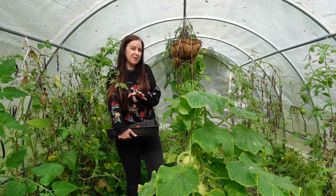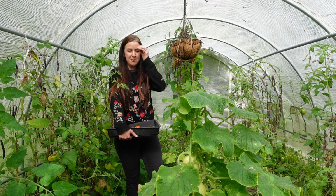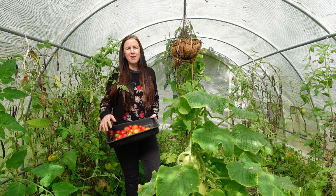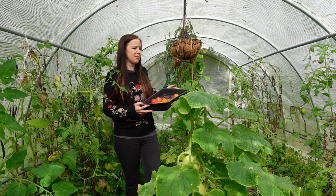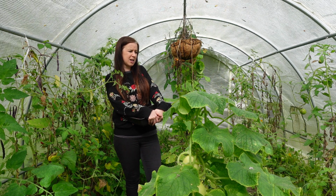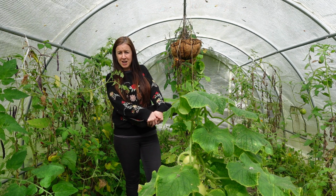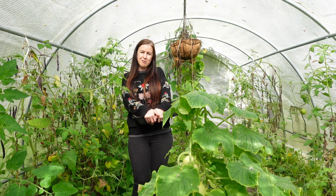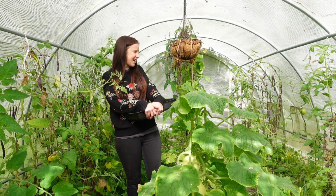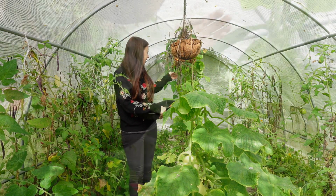I think the last video I did was actually up here in the Polytunnel, and it's still a jungle as it was then. But today I've just popped up to harvest some of the tomatoes, and to be honest, I probably should have done it a couple of weeks ago because some of them have gone mushy. Some of them are still quite green though, so not sure if I'm going to grow as many tomatoes up here next year, because things like my